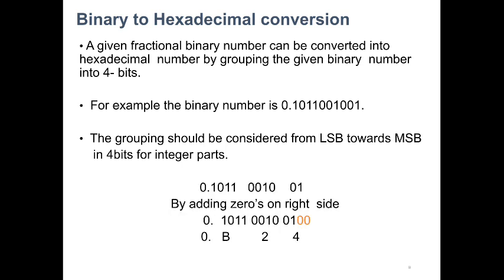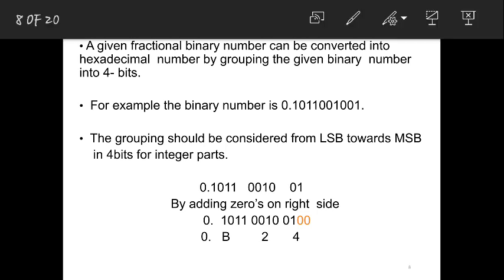But coming to this, see here, by adding zeros on the right side. I added zeros here because in this I have made this a group of 4, and for this, 2 bits were not sufficient. I mean 4 bits were not being made. If I take 2 bits, I can't write it, and if I take 3 bits and write it, I'll get an octal number, not a hexa number. If I want to write a hexa number, I should definitely have 4 bits. So I am taking groups of 4. I shouldn't take 3, or less than 4, or greater than 4. So here 1 0 0 0 I added.